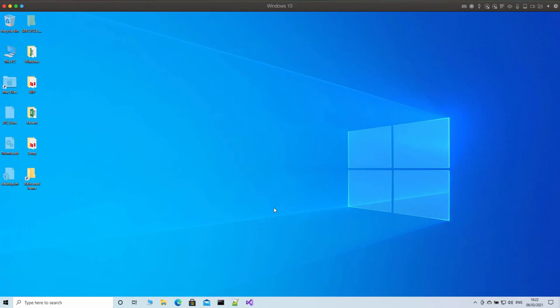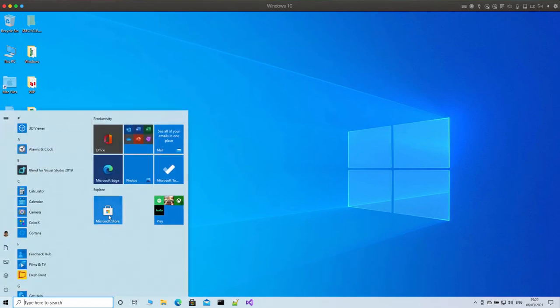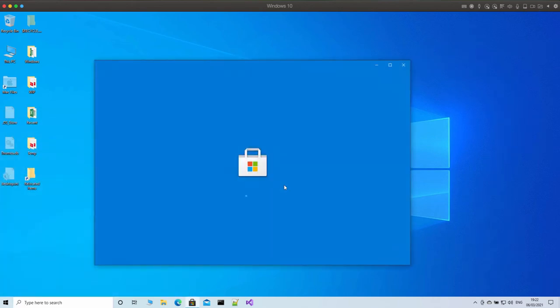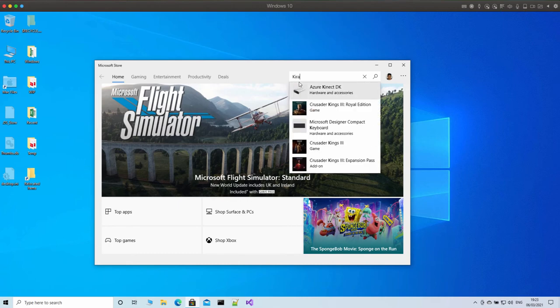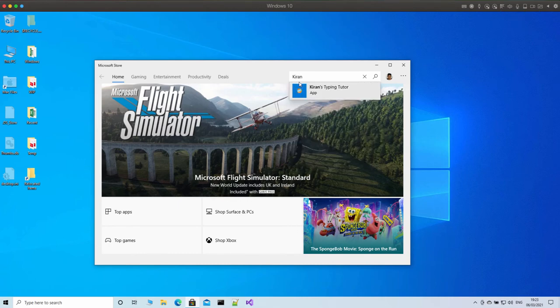First, you need to install this. How can you install it? It's very easy. You just go to your start menu and Microsoft Store, type Kiran's Typing Tutor here, and then you will get that. Just to let you know, it is completely free. There are no in-app purchases or ads or anything. It's a fully free product, so you can use it for free for personal use as well as